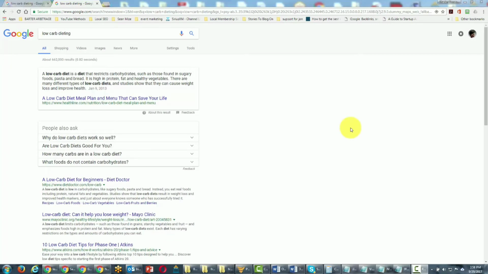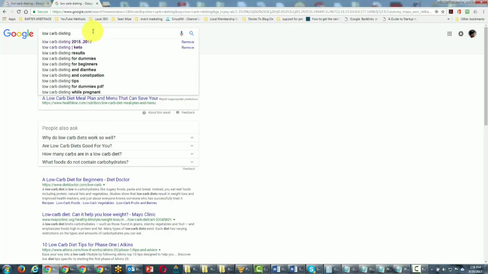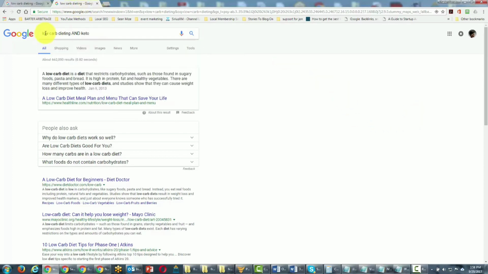Welcome back. Now we are going to look at the AND command. What we are telling Google when we use the AND command is to only bring back results if they have everything that we put around the AND command. When you do this, the AND has to be capitalized, so all of the letters have to be capitalized, and we then must write in the second term. So everything that's going to come back will only have sites with these two results in